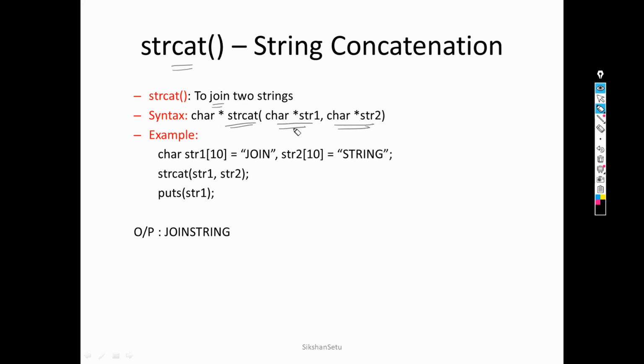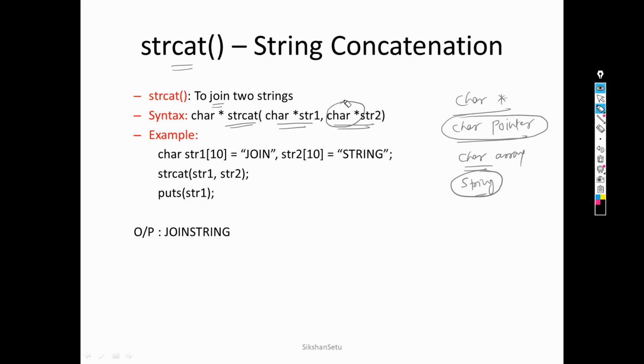Both are strings. Now, if you are not comfortable with pointers, you might wonder what is this character and star? This is known as a character pointer. It is almost equivalent to a character array and is used to declare a string. Whenever we need to work with a string, we can go with a character array. But another way is also there, we can go with a character pointer. Here the purpose of the character pointer is that it represents a string.